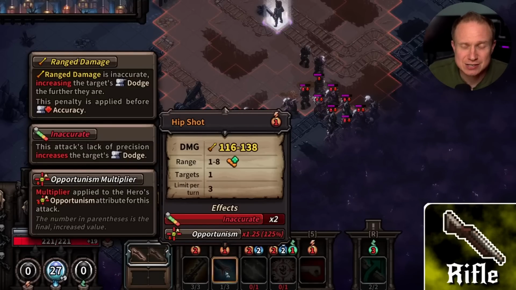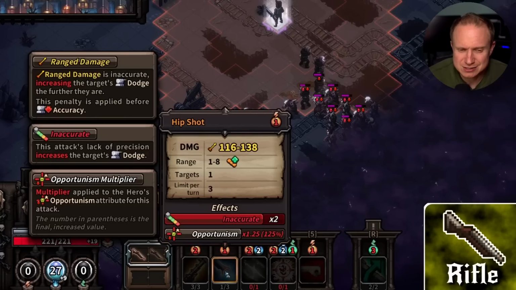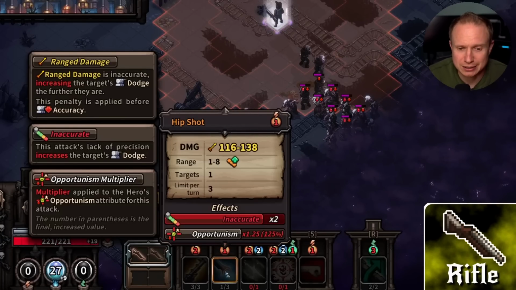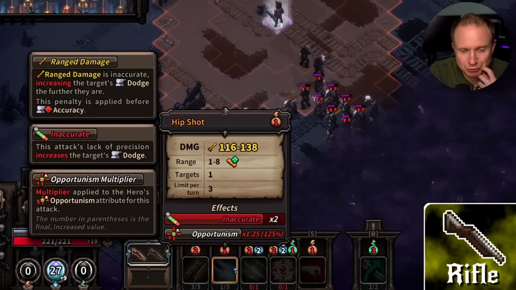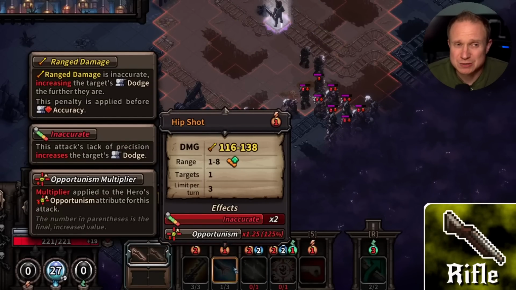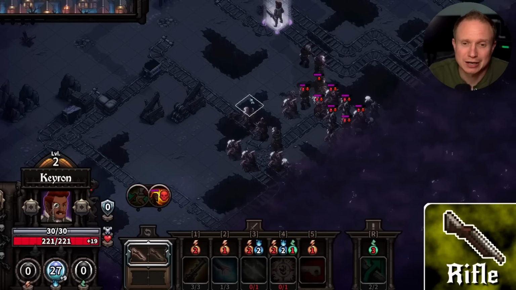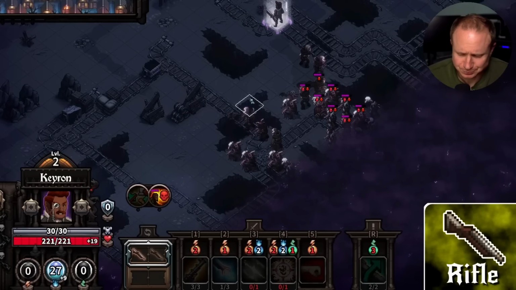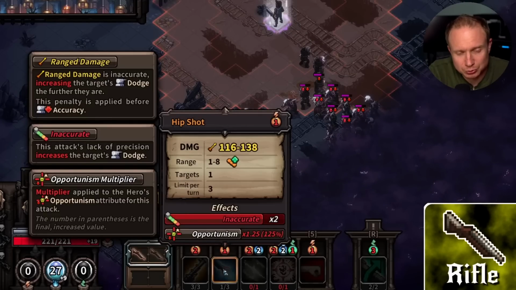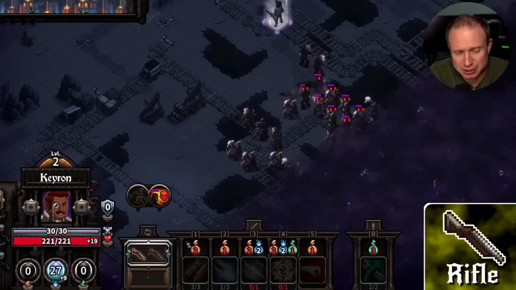But Hip Shot has given this some new life and some new interest, because I think that now it has the potential to dabble in opportunism builds. I could see you potentially playing a Hip Shot Suppressive Fire type of thing with maybe a one-handed axe, or maybe even a power staff under some circumstances, using Suppressive Fire followed by Scorching Wave. But its weakness is definitely in the fact that you are limited to only 3 hip shots, and your rifle shots are very, very expensive. So kind of your bread and butter